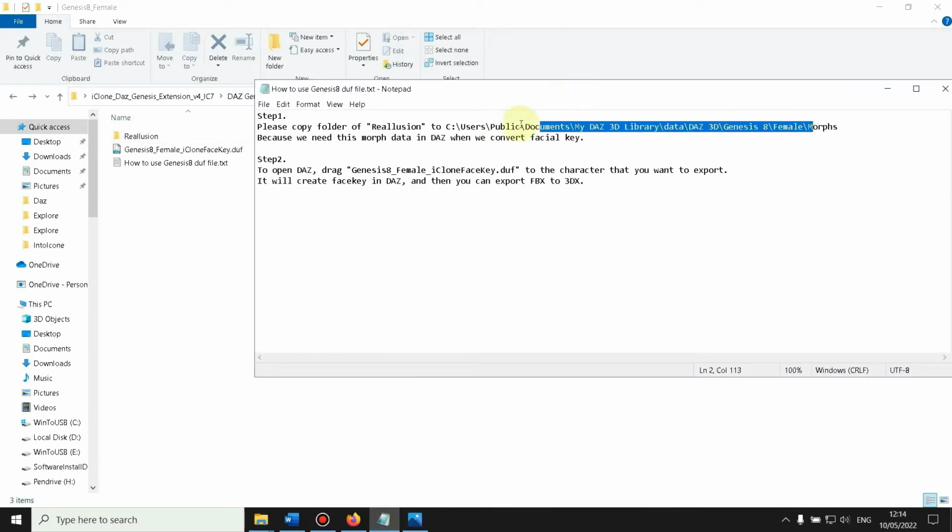In the case of the standard directory, it's C users public documents my DAZ 3D library, and then from there forward onwards. So that's basically where it goes. It needs to go into the exact directory. So once you found the DAZ 3D library, you need to find the data folder, and then the DAZ 3D folder, and then the Genesis 8 folder, female and morphs, and make sure you copy and paste it exactly into that folder